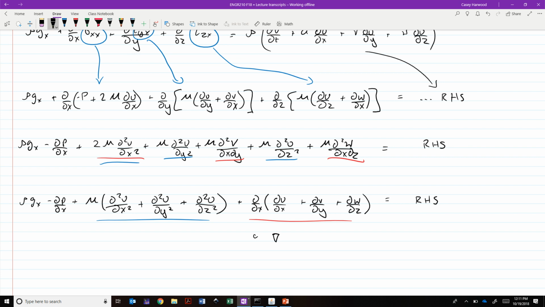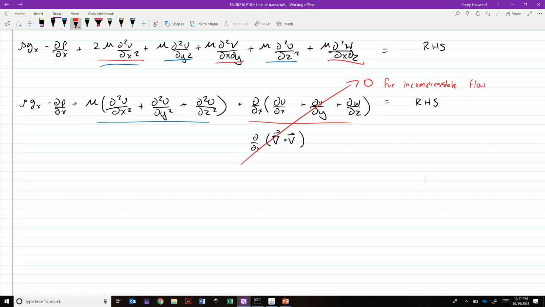Could we say it is d/dx of grad dot v? And grad dot v for an incompressible flow is 0, right? It's the idea of the continuity equation for incompressible flow. We grabbed that before. So this goes to 0 for incompressible flow. And we end up with